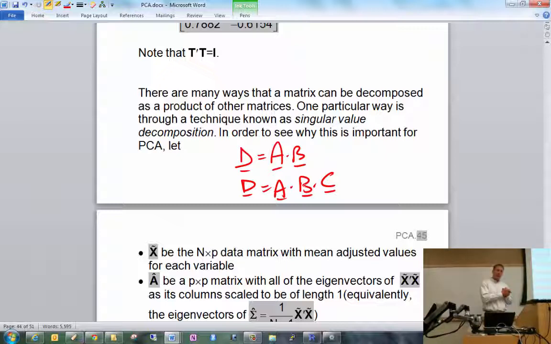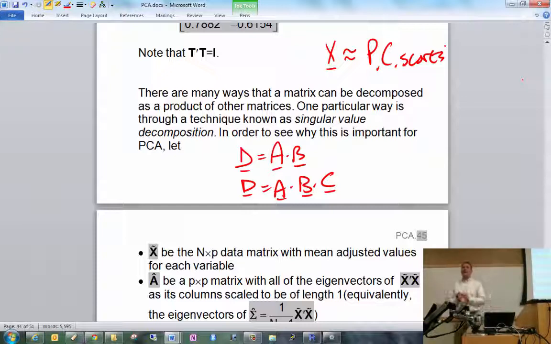And the reason why this is important for principal component analysis is that through this singular value decomposition framework, you can see another way for principal component analysis to come about. Essentially, the whole main point of this section is to show you that, let's say my data is in a matrix X. What we're doing with principal component analysis is that we are trying to approximate that matrix. And the best approximation comes about through using the principal component scores. And since we haven't actually defined formal notation, think of that as a matrix on the right-hand side that contains the principal component scores. But not all principal components, maybe just two, or maybe just three. So again,